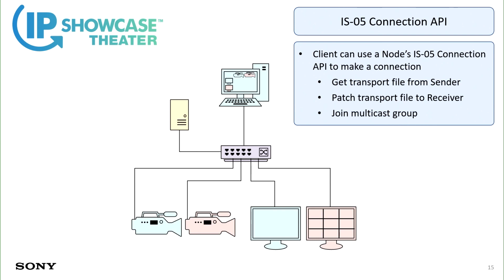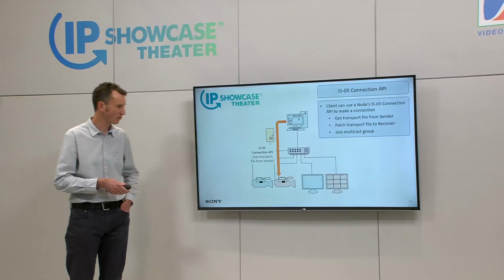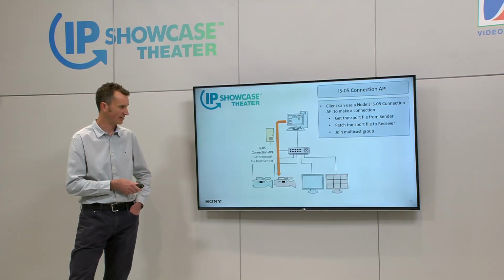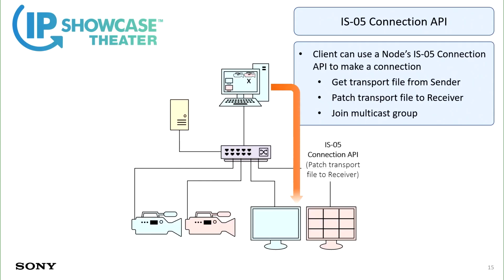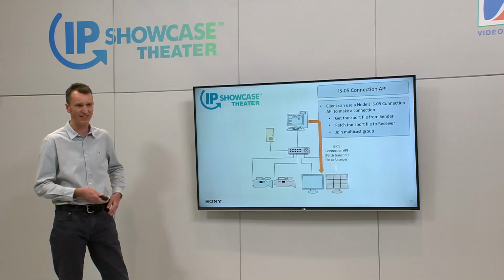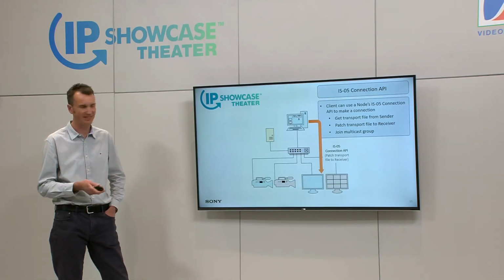So the client would, first of all, use the sending node's connection API to make any changes that it wants to make to that sending node, and then get a transport file from the sender with all the information required to make the connection. It will then post that transport file to the receiver's node. The transport file is typically an SDP file, a session description protocol file. If it was a video sender, for example, it would contain the format, the frame rate, and so on, so that the receiver can prepare itself to receive the